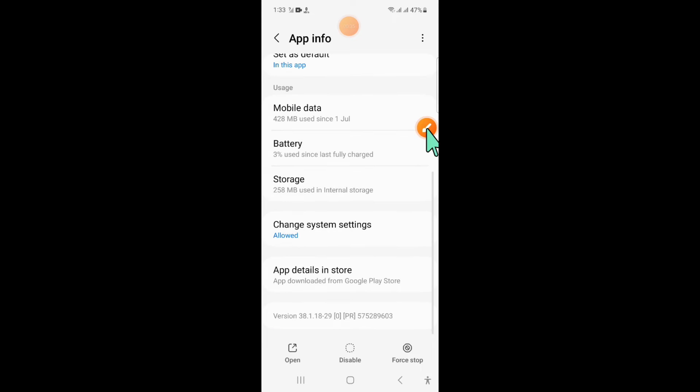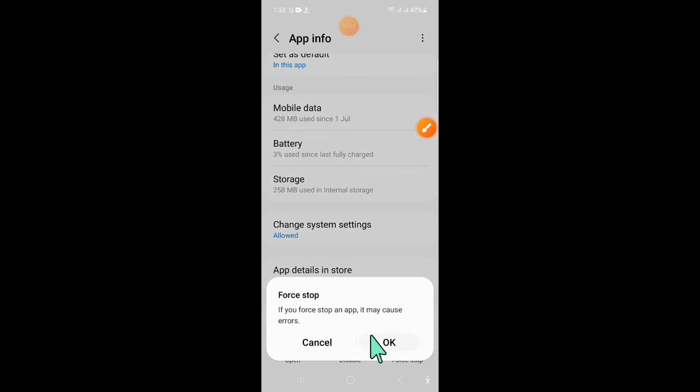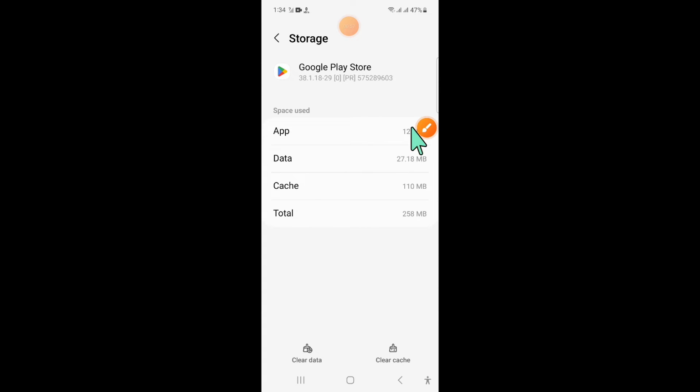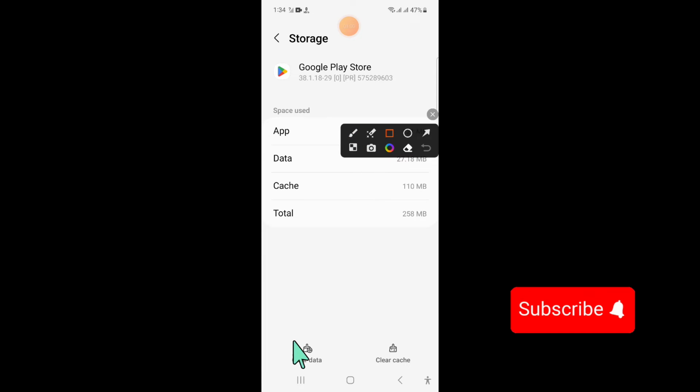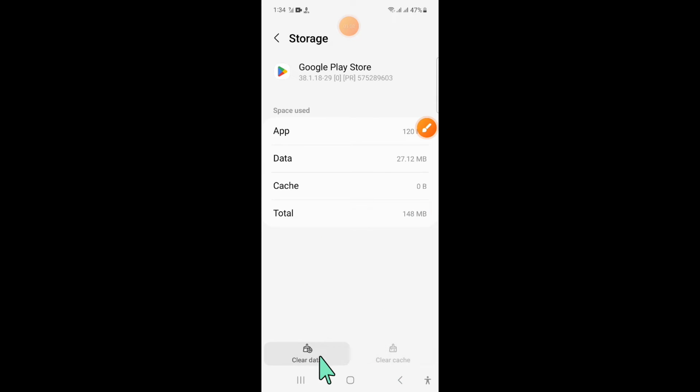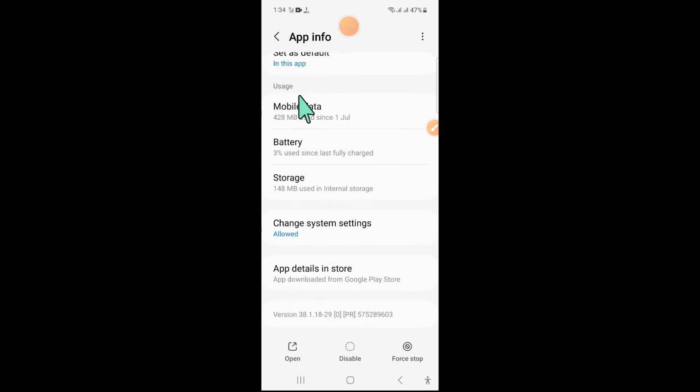Now after opening Play Store, force stop the Play Store app and here click on OK to confirm, and then open its storage and after that clear the app data and cache memory of Play Store app. Now click on delete to confirm and go back to apps,